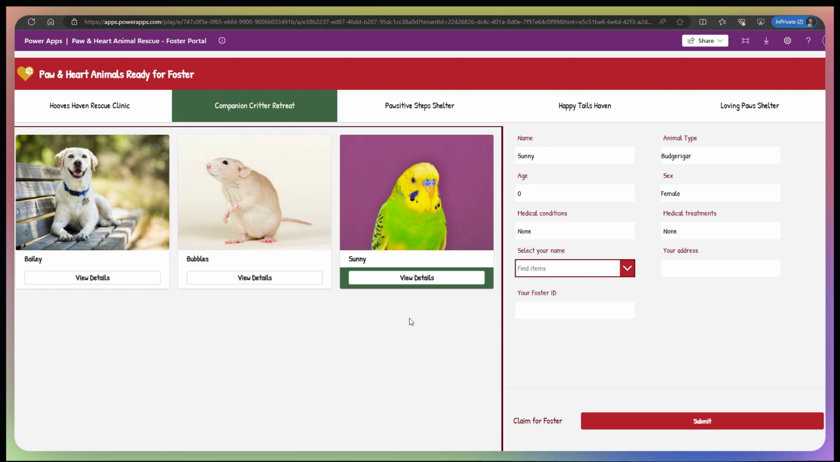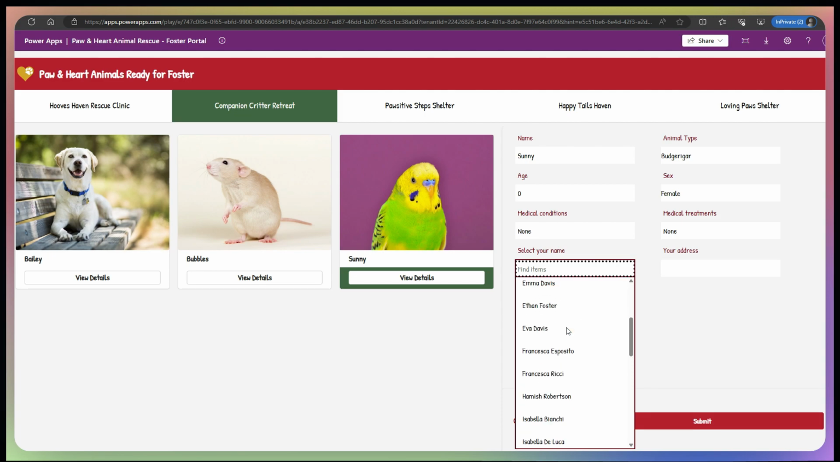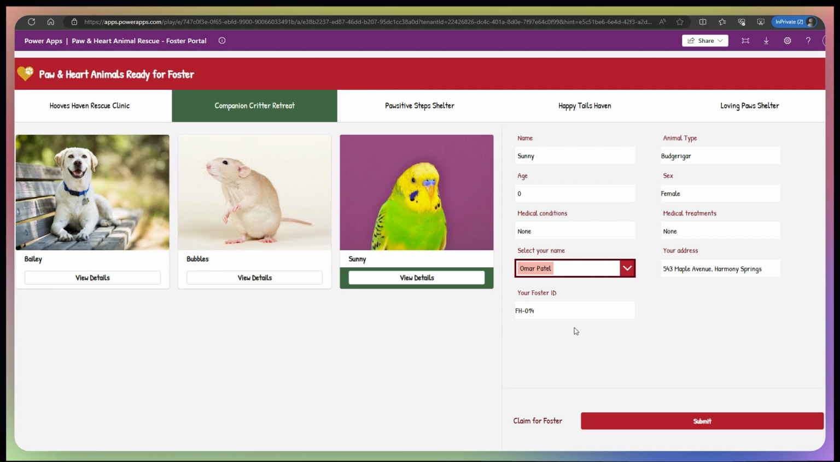By selecting on an animal, their details are displayed here on the right in the form, and we have the option to look for my name. So let's just pick a name from the list of available foster families, and their address and their foster ID is automatically populated. Because this is a portal, these names are already known, and these can be driven by the model-driven app. So now when I submit the form, we should get a success message appear at the top, and